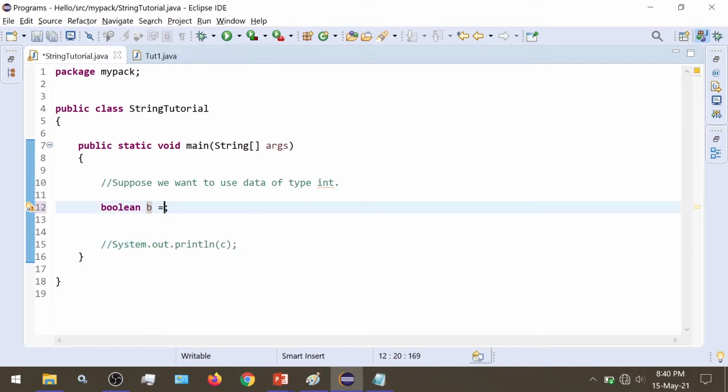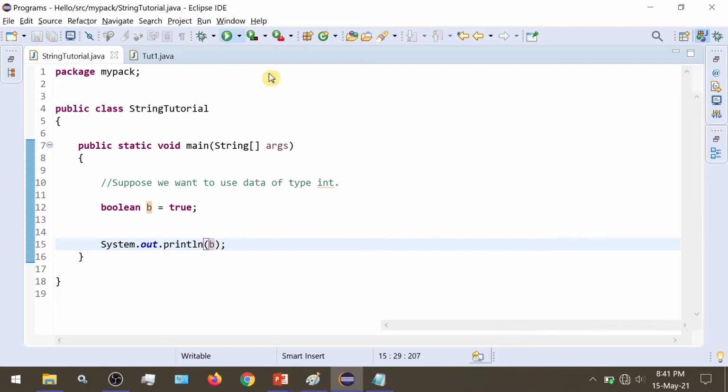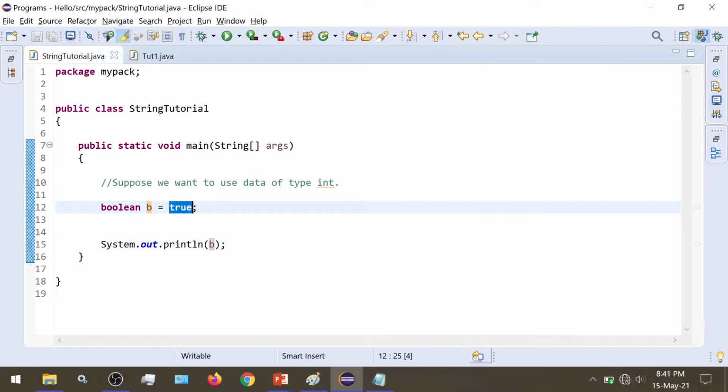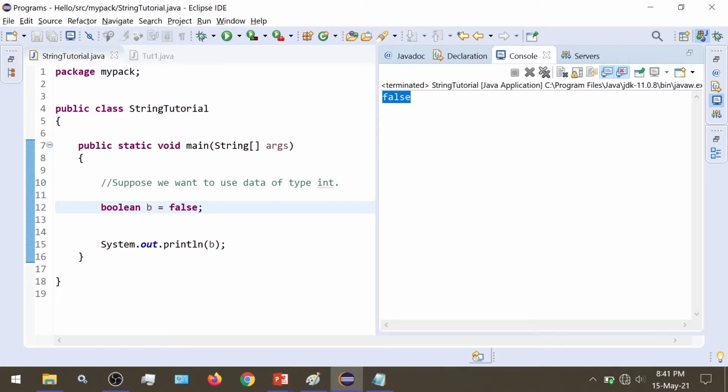And then when we assign a value to a boolean variable and try to print it, here we are getting the value of the boolean variable true, and then another one is false. False we are getting here.